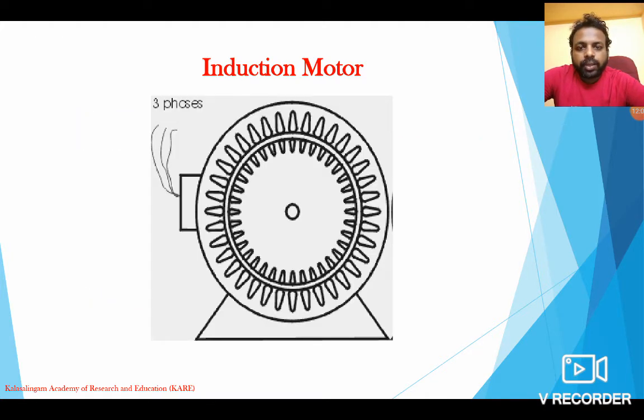And here you have a line diagram of an induction motor. The induction motor operates with the induced force created in the rotor. On the outer side you have a number of stator slots, and the rotor has a number of rotor slots. Between the slots we have the field winding as well as the armature winding. So just keep in mind, when you're going for an induction motor, you supply the current to the stator alone, whereas the rotor is energized with the help of electromotive force, so that the rotor rotates.